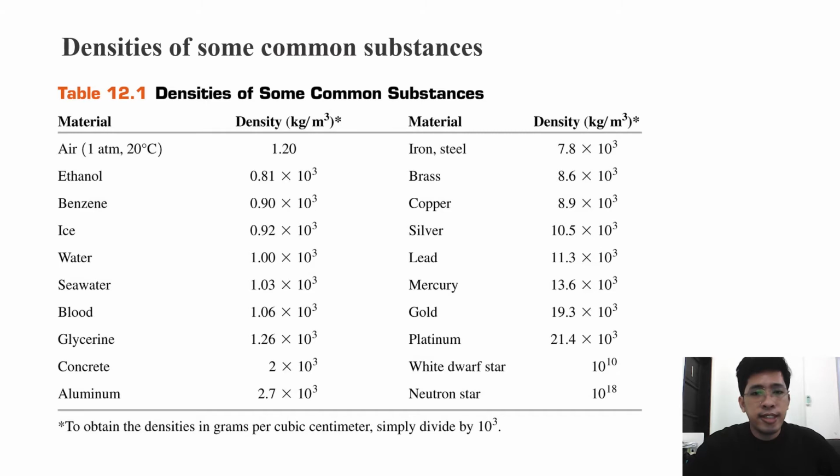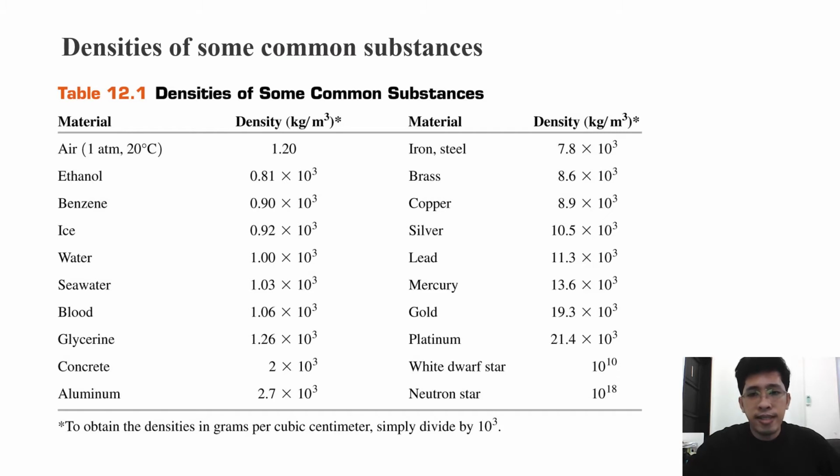Your water has a density of 1,000 kilograms per m cube. While if you compare it with your seawater, seawater is denser with a density of 1,030 kilograms per m cube. So this is actually the reason why we float more on seawater than on ordinary water, because of the density